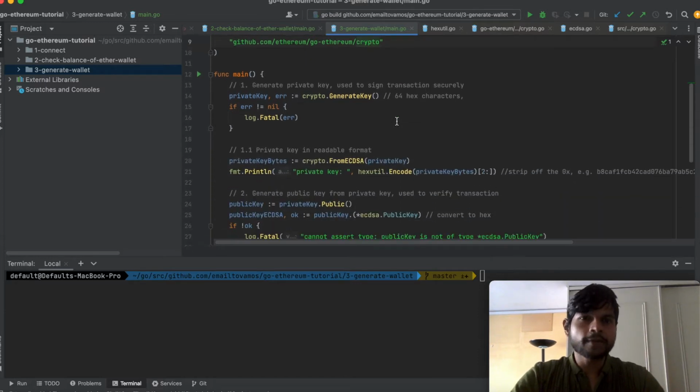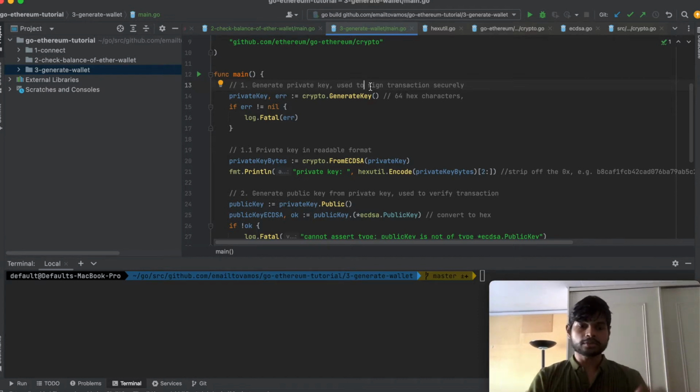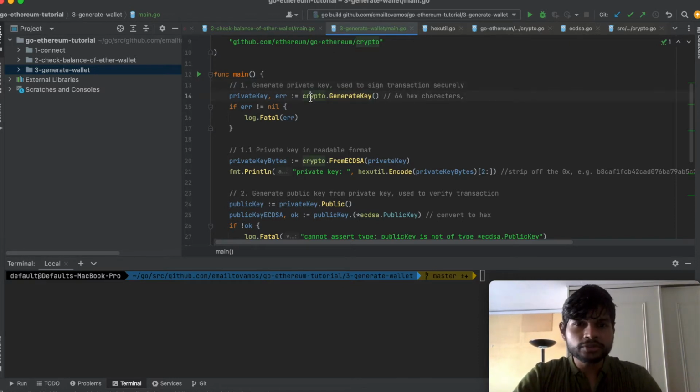package. So the first step is to create the private key. The private key is actually used to sign the transaction securely. So it is like a password. So in your account, you have your own specific private key and you should not share it with anyone else. So you can generate a private key using this crypto.GenerateKey function, and this generates the private key, which is of